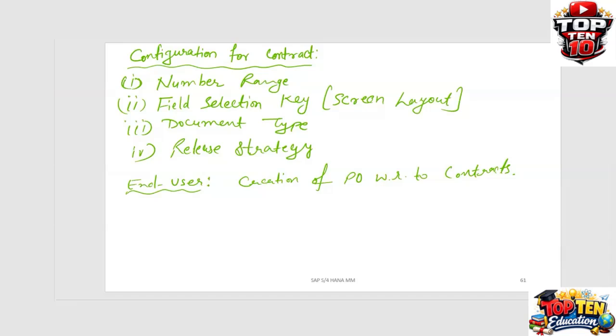Now do one thing. Move to another screen. Is there any other screen? No. Control plus N. End user testing using ME21. So now select the document type for the creation of purchase order and directly go to outline agreement. See. So what is the number of the outline agreement? 41 5 times 0 30.